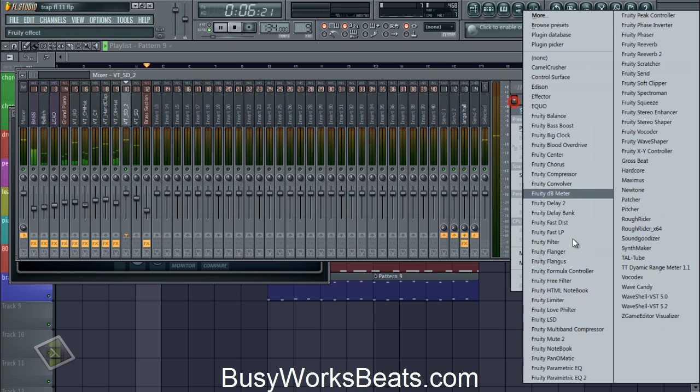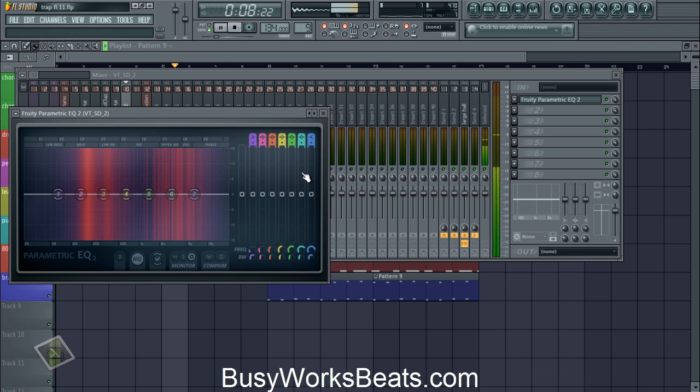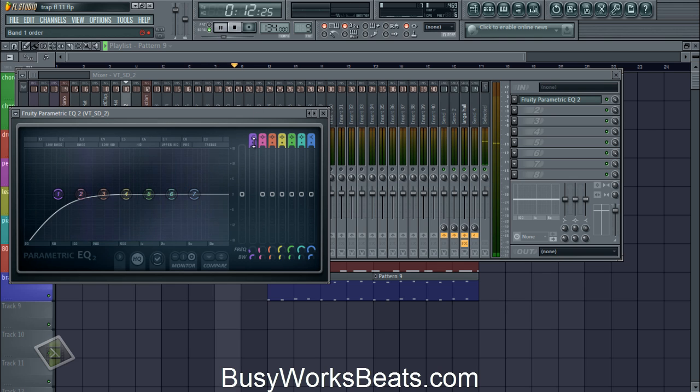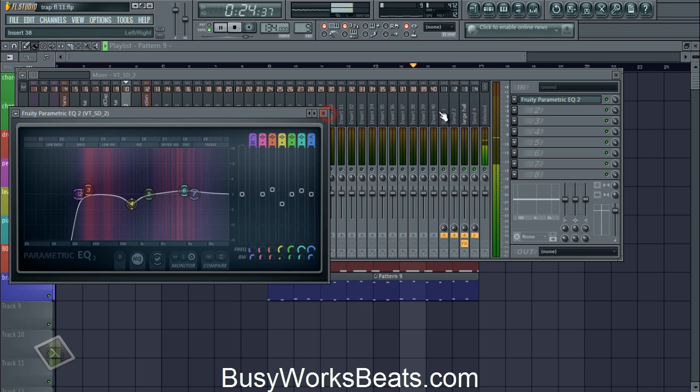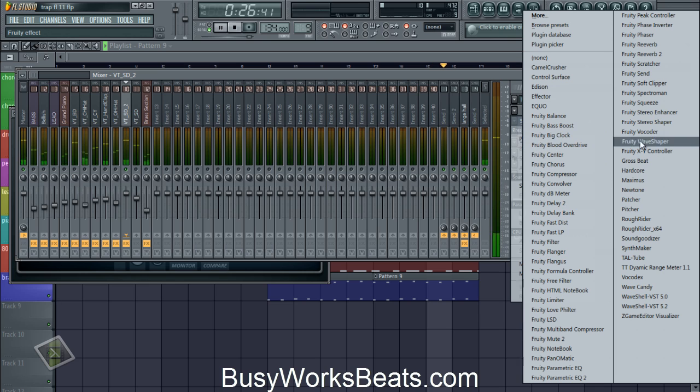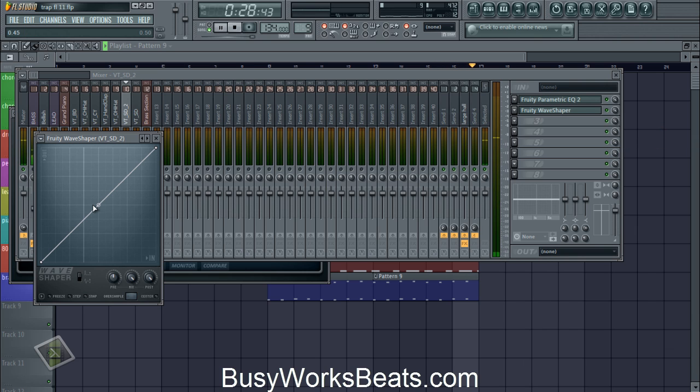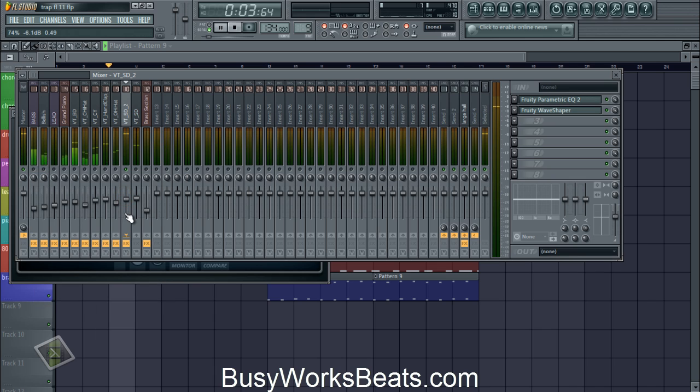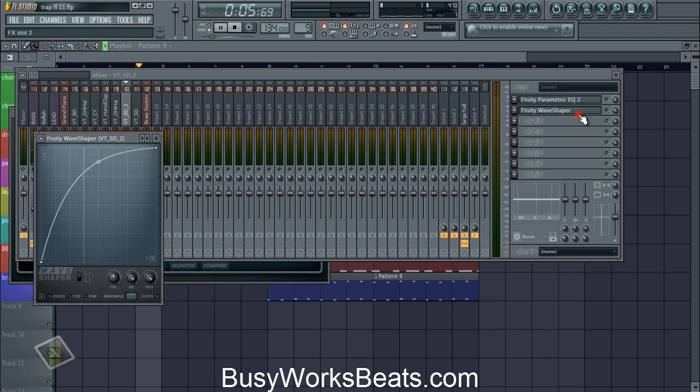Now for this snare, it has a little bit more of a bassy type sound. We're going to give it a high pass first with a sharp curve. Cut it right off at the lowest frequency, and then we're going to boost right here. Cut the little mid, like the gap right here, and then we're going to boost up here. Now I'm going to run it through a Fruity Wave Shaper to give it a little more power. Lower the fader because it's too loud.